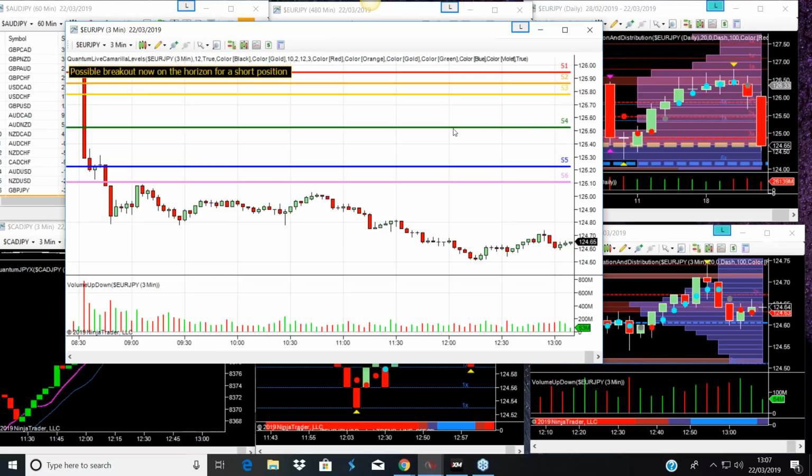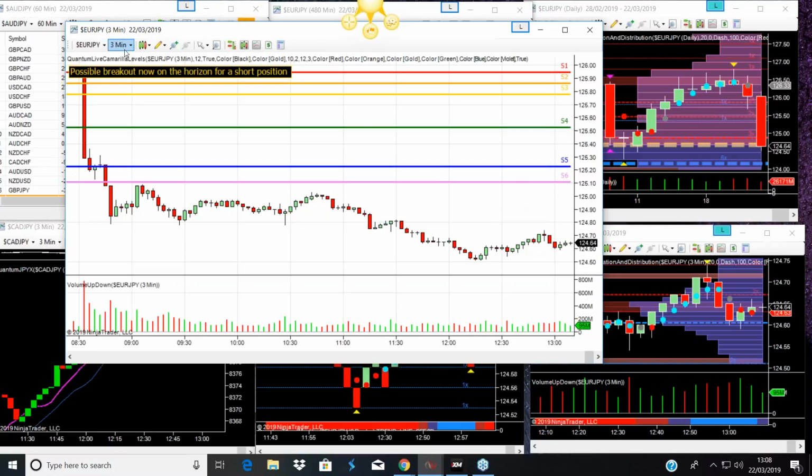That's the key one. S4 and R4 are key in terms of breakaway, breakout. It crashed straight through, paused at S5, got to the S6, crashed through there, retested it, and is now what I call meandering down. We don't get any more than 6 levels, certainly on the charts up to the hour, but not including the hour. That's it. We're done for the day on these levels.